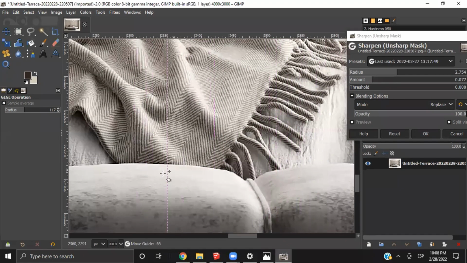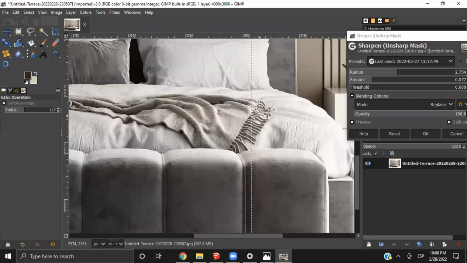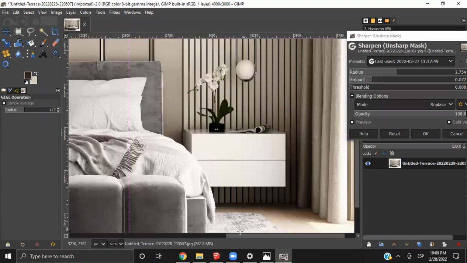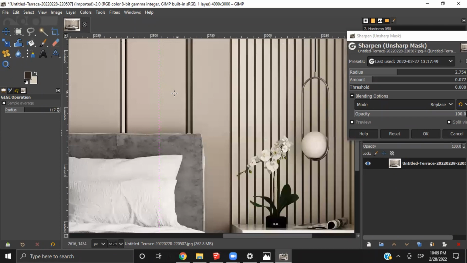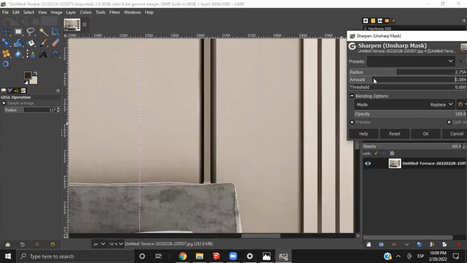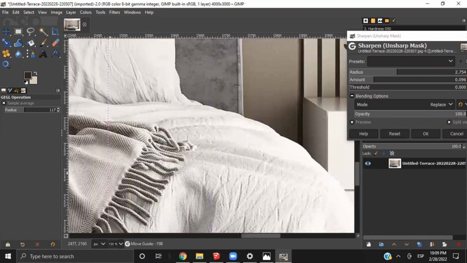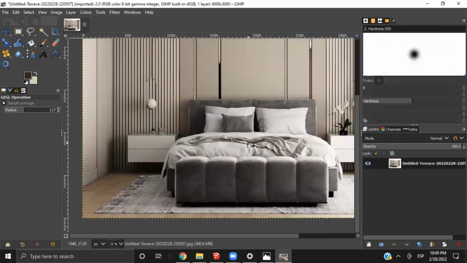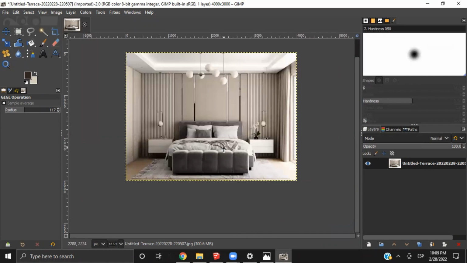These are just subtle details that, as I said before, make a small difference, but when combined, it really makes a difference when making a realistic rendering. We can increase the amount if we want it to look better. There it is. I'm comfortable with this, and I will click the OK button, and that should be it for